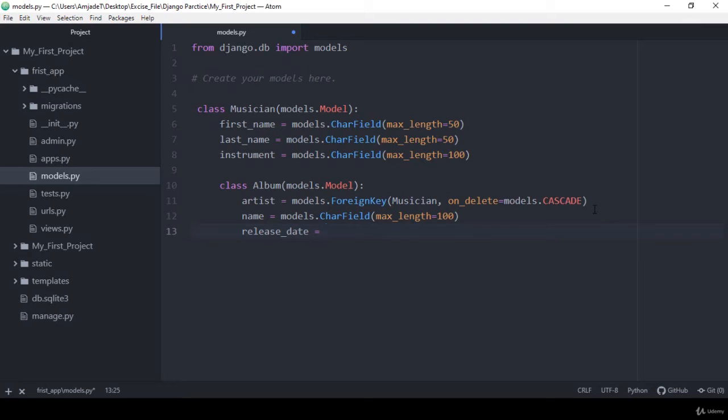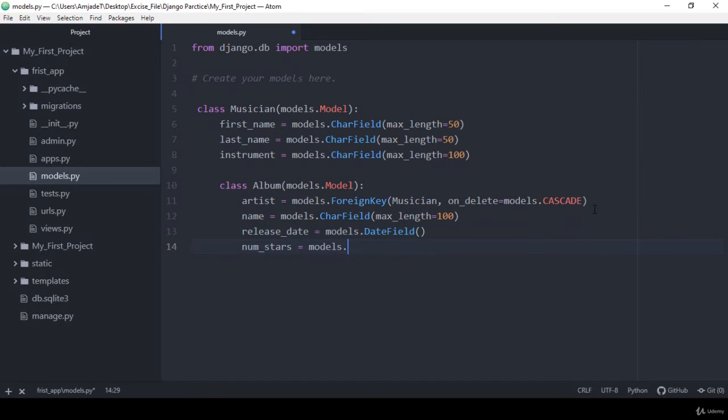Everything is in our models library, so I define models, and into this models I want to define another type as a date type. So I just define it as a date field. Also I want to take another field for the number of stars, so I define it as number underscore stars, with models